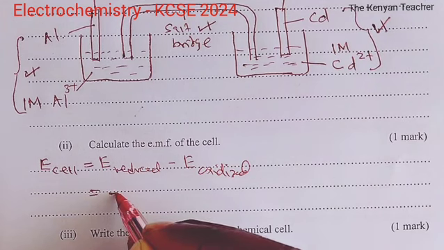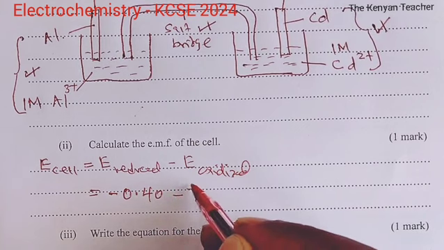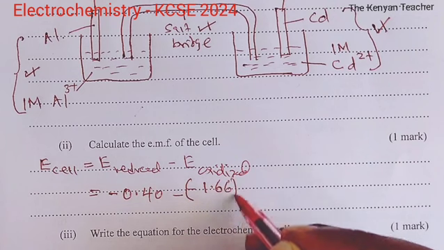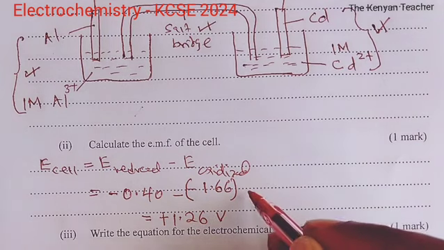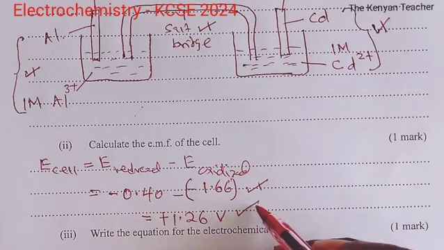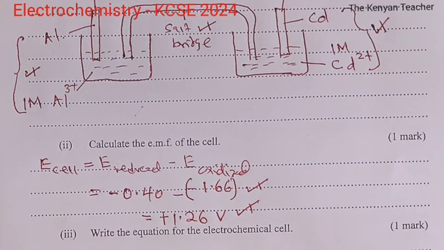The E cell for cadmium is negative 0.40 and that of aluminium is negative 1.66. If you do the calculation here, we get a net of positive 1.6 volts. Of course, 1 mark, the calculation showing the working half mark, and the answer another half. Roman 3